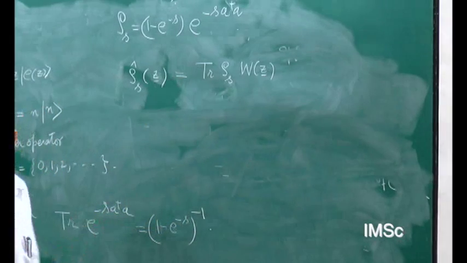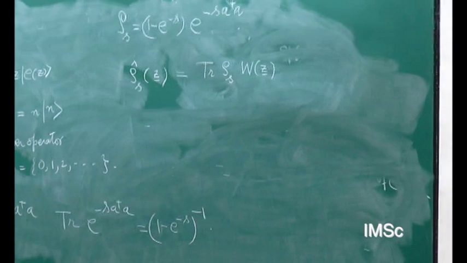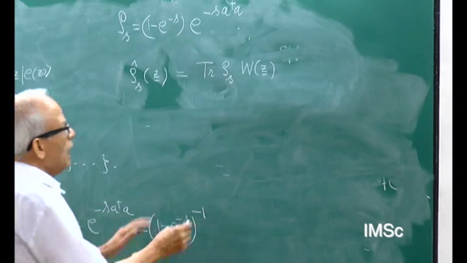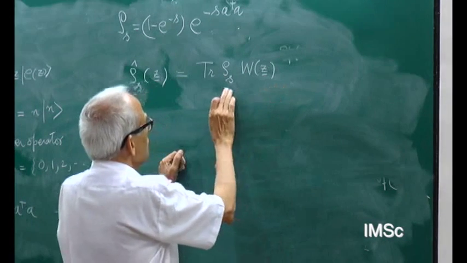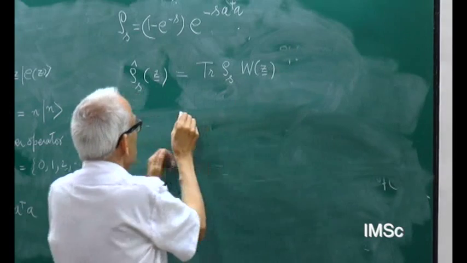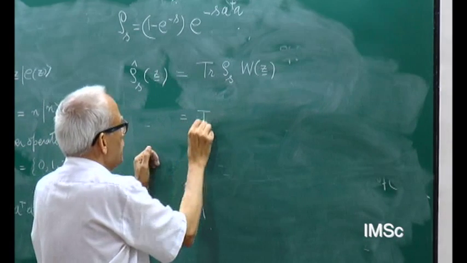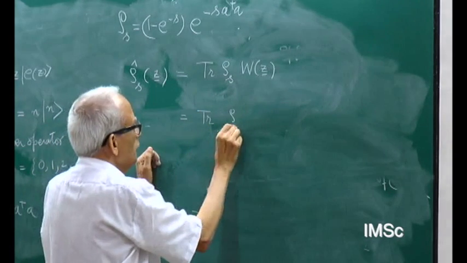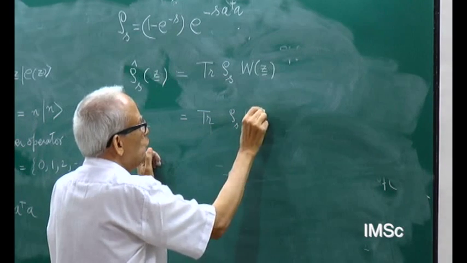If you do it straight away, it is a little messy, but you use Sudarshan's theorem, then it simply reduces to evaluating a Gaussian integral. Because I can write here rho s, this is also the trace of rho s W z